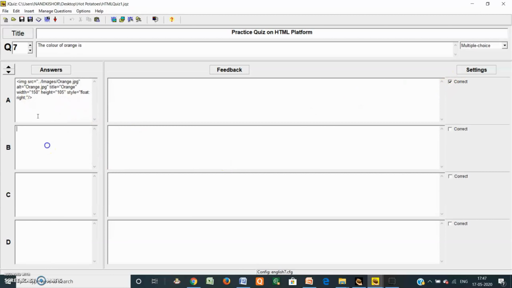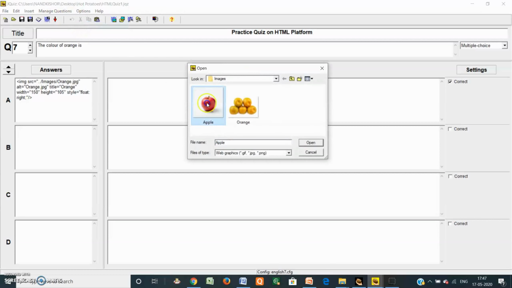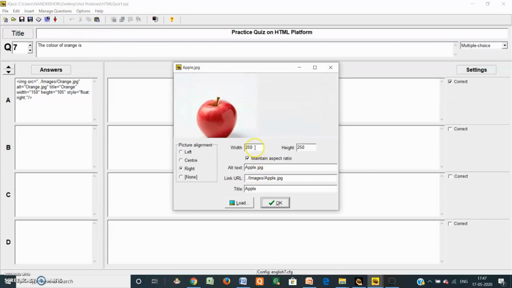You can insert another image here, insert picture from local file. I am taking Apple. In this way you can use the images also.